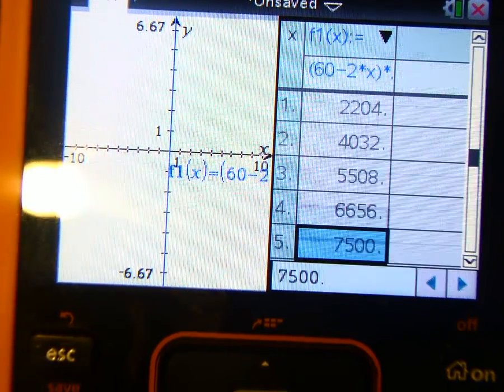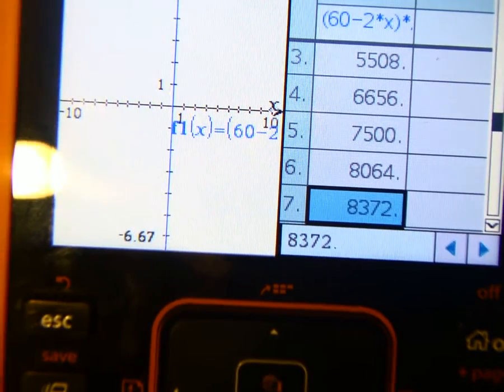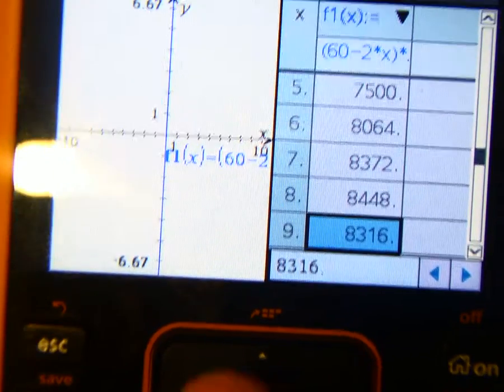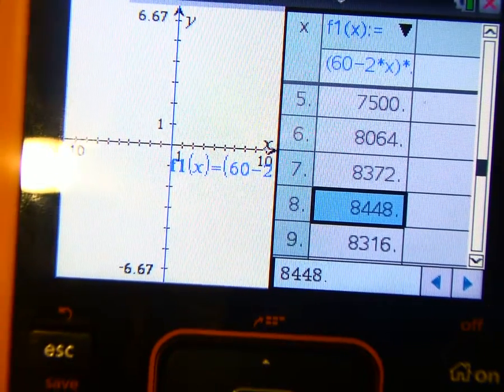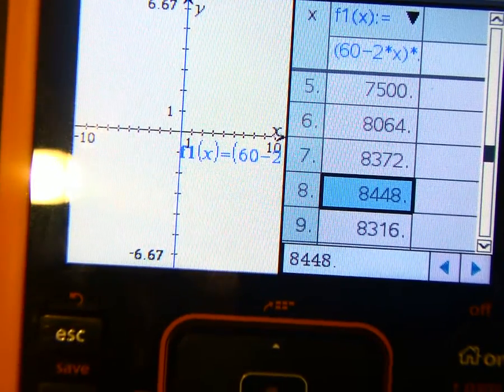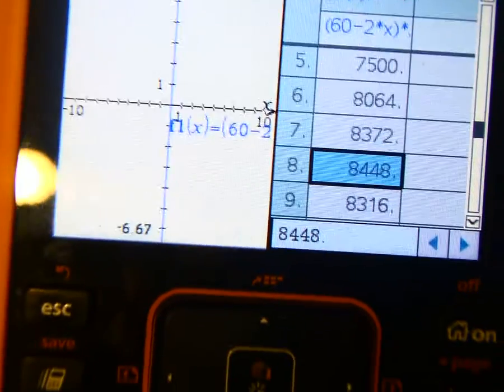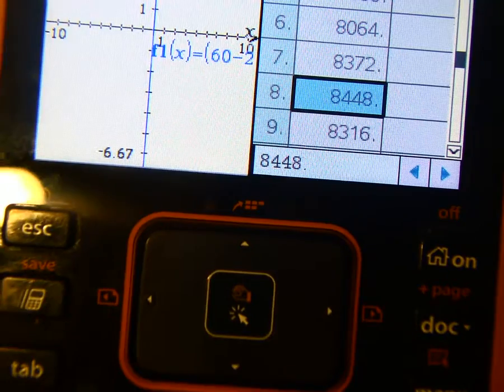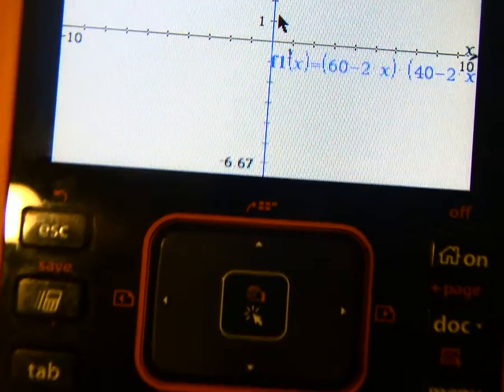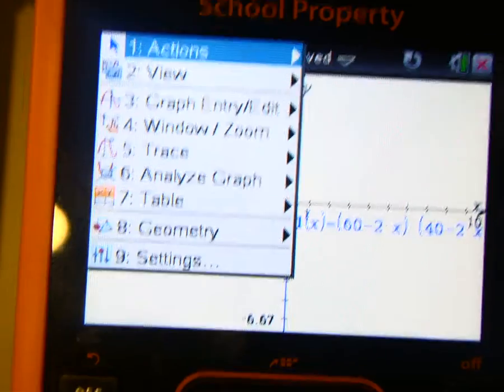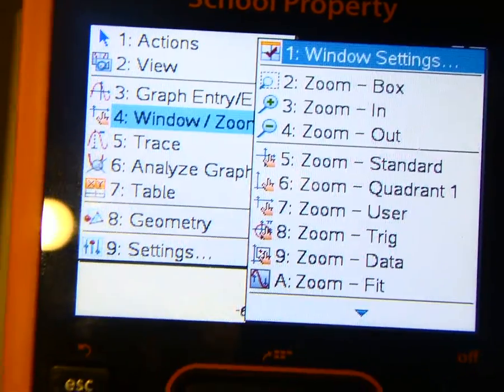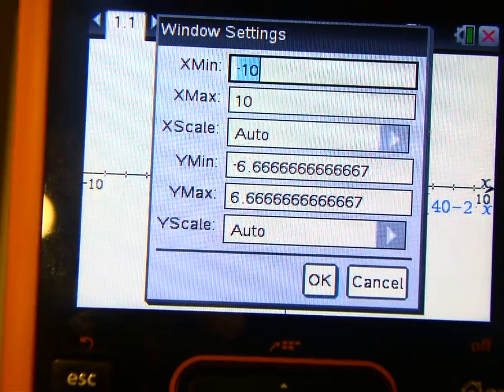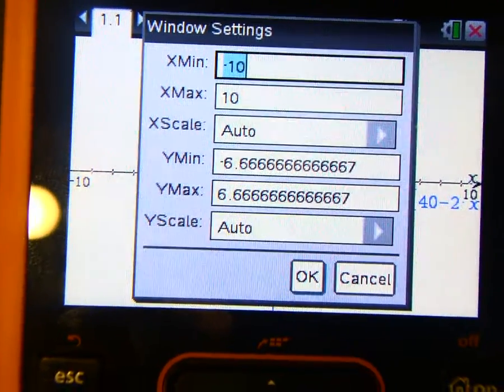And if you keep going down in the table, you're going to see that at 8 it's as high as it's going to get with whole numbers, and that's 8,448. So I'm going to take the table off. I'm going to go to menu, I'm going to go to Window, and I'm going to go to Window Settings, and I'm going to change it to go from